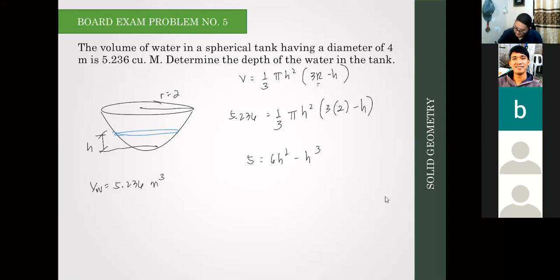Okay, so we have h cubed... tama ba to? So pi r squared... so h cubed is equals to,